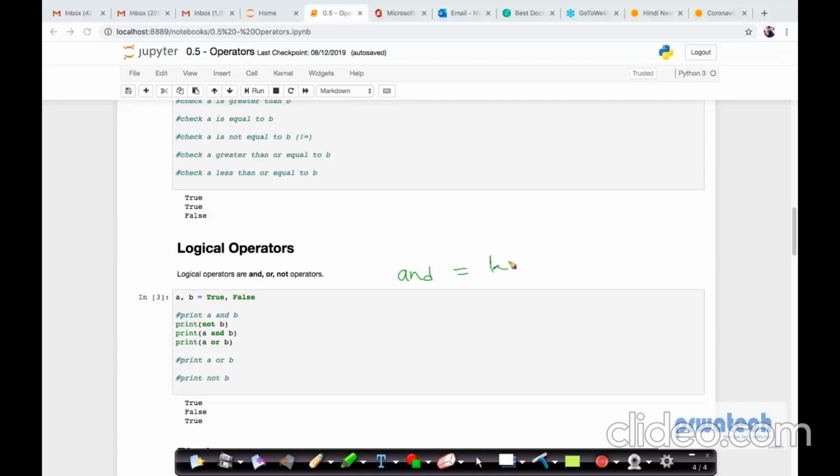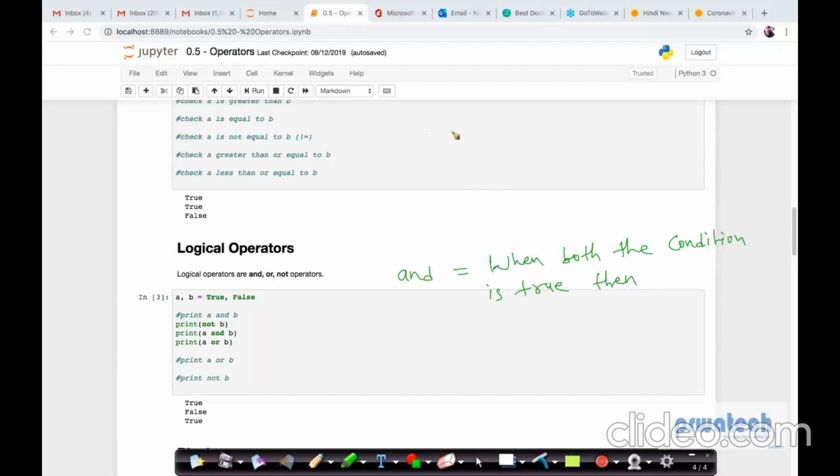So please note this down: when both the conditions are true, then the final outcome is true. As in, if any of the conditions fails,